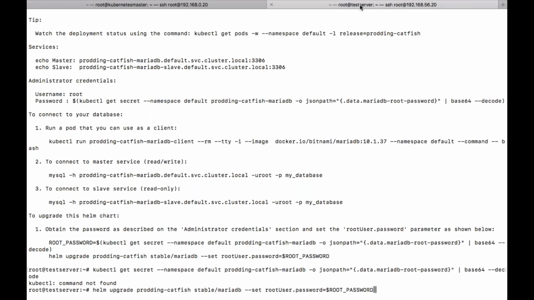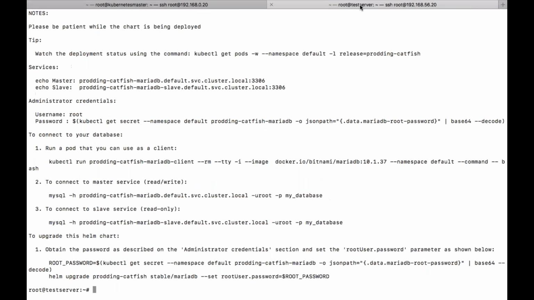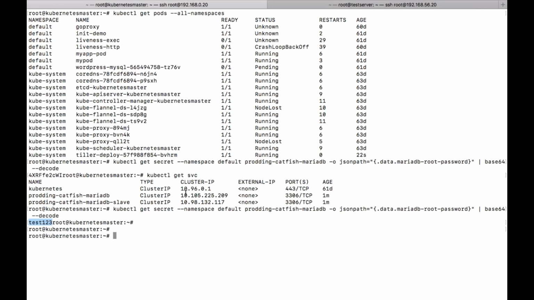Now the password should be different. See, now the password got changed. I gave test123, so now it is replaced with test123. So this is how you can change the password at any time.